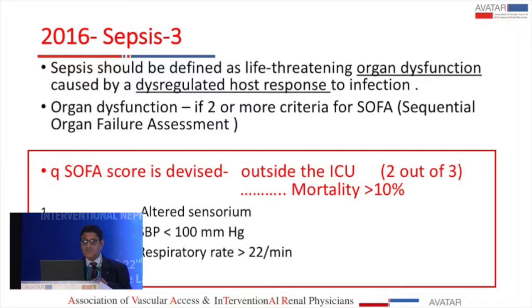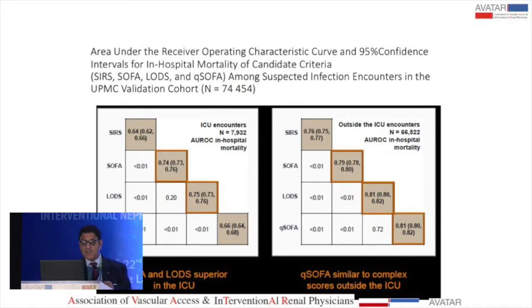Now, this is very useful for the emergency department. That means the emergency doctor who is sitting there, where should he send the patient? If he knows that by quick SOFA the patient fits into sepsis, he probably will send this patient to ICU, and the other patient will go to the ward. Now, for defining quick SOFA, they compared many criteria on a large number of patients, and the validation was done that for ICU settings, one should use SOFA score, and for outside ICU settings, one should use qSOFA or quick SOFA scores,